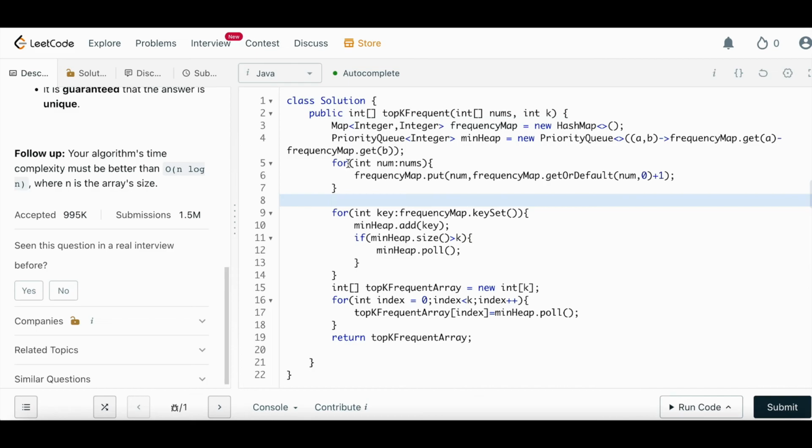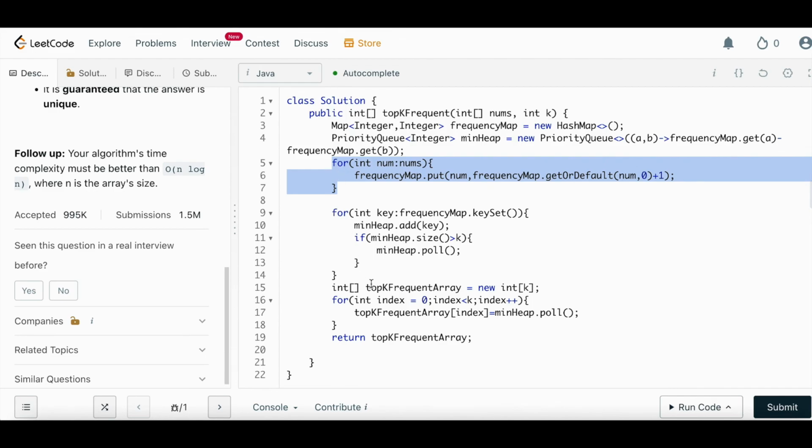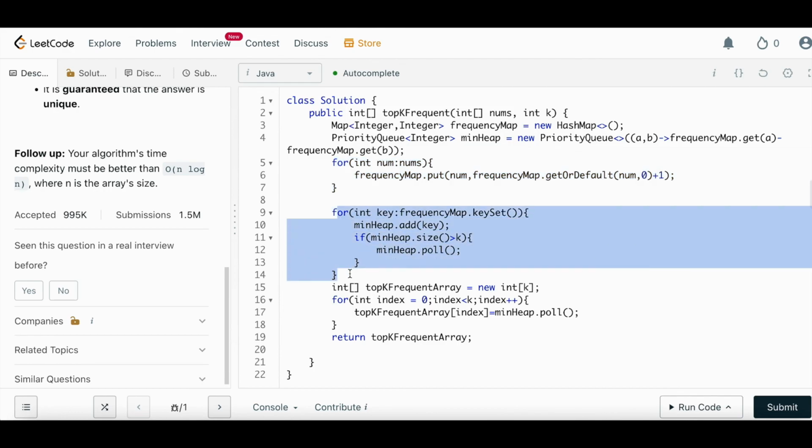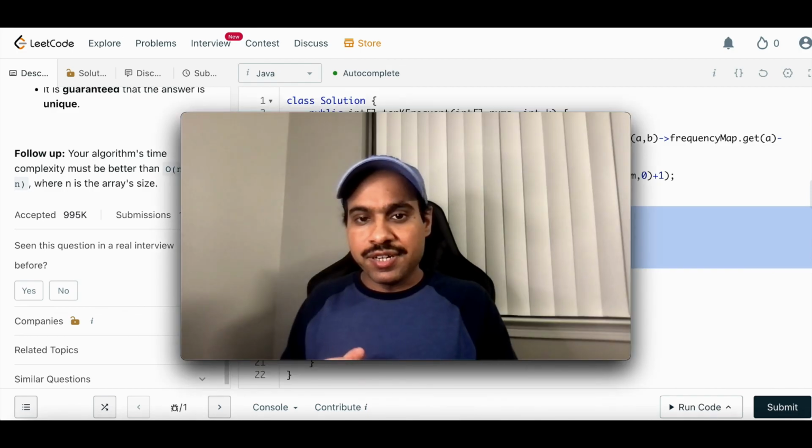Now let's discuss the space complexity. So we are creating a map and min heap, and again this map can be up to the size of nums array in case all the elements are different. So this will make it order of n, and here the min heap will store k values. We can say the space complexity for this min heap is order of k. So our complexity will become order of n plus k. So we can say the program's runtime complexity is order of n log k, and space complexity is order of n plus k.